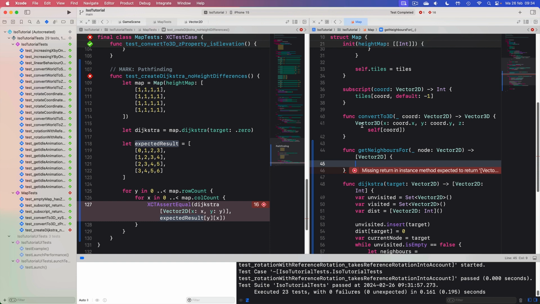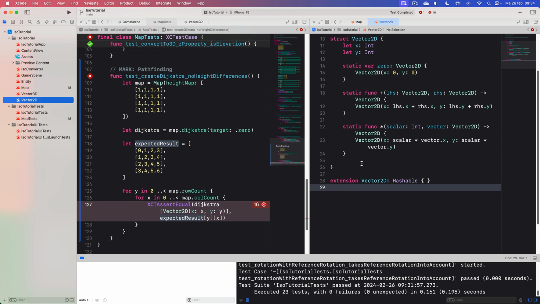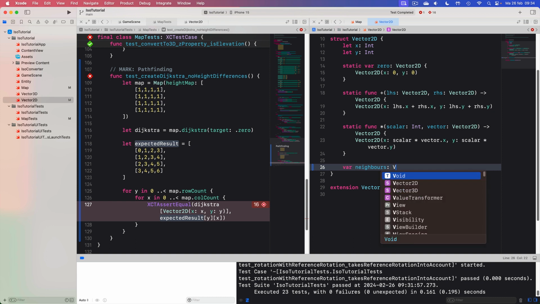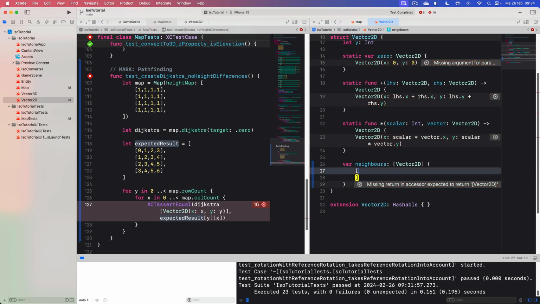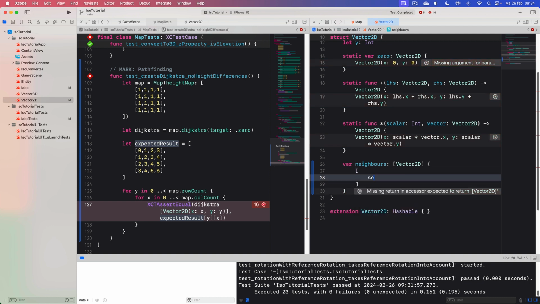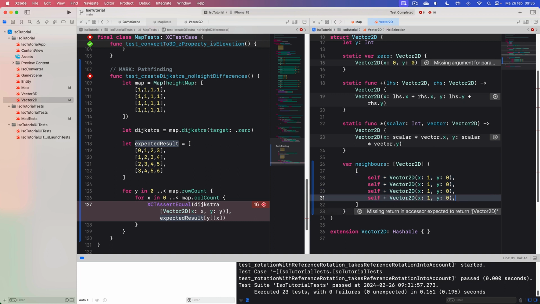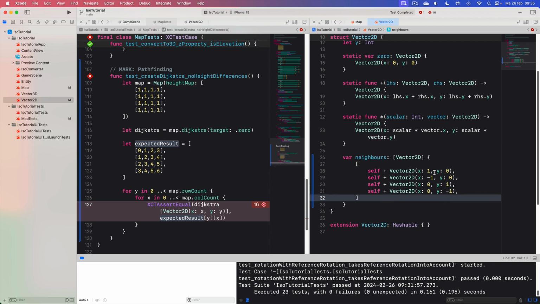And ideally, we take our vector 2D and we make sure that we can get neighbors of a coordinate, and this returns an array of four Cartesian neighbors. So we now get 4 coordinates,